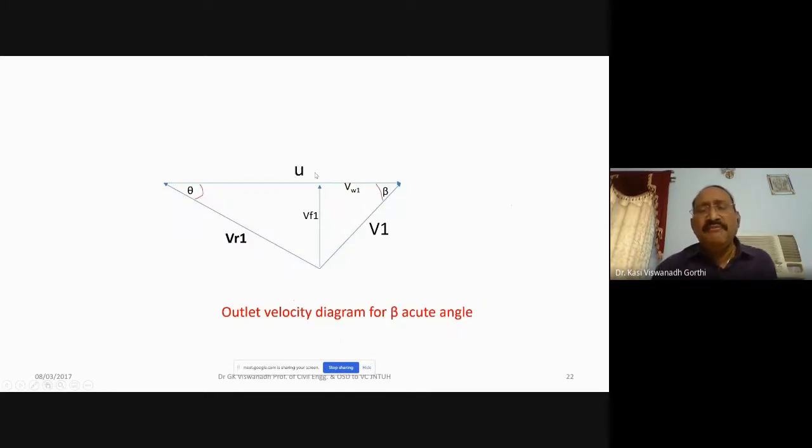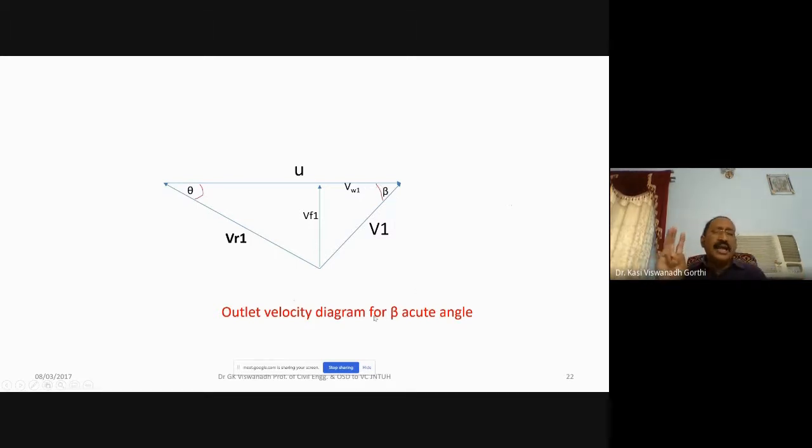This is possible when the velocity of the vane, small u, is very high. So u is represented both in magnitude and direction. It did not end here. It did not even end here. It has come up to this point. So u is very high. What is u? It is the velocity of the vane, the tangential velocity of the vane. If the vane is fixed over the periphery of a wheel, and the speed of the wheel is so high, then u, pi D N by 60, with D the diameter and N the speed, will be very high, in which case you may get the case of beta being less than 90 degrees.